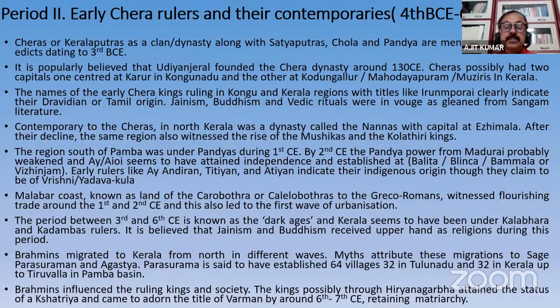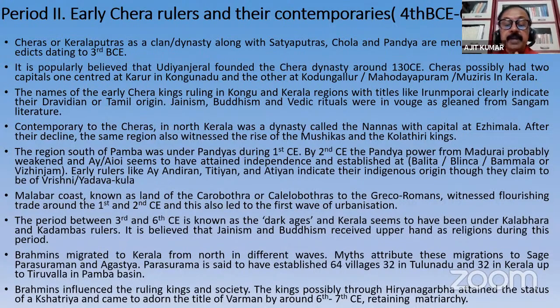Parashurama is said to have established 64 villages, 32 in Tulunad and 32 in Kerala, the last of which was in Tiruvalla along the Pamba basin. And as I said, the south of the Pamba remained with the Pandyas for a longer duration. Now, Brahmins influenced the ruling king in the